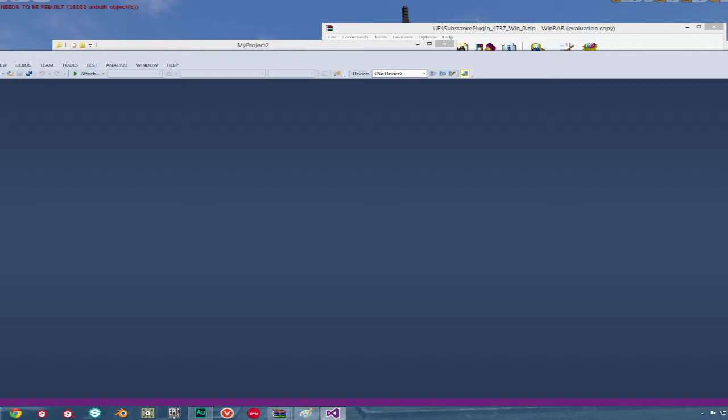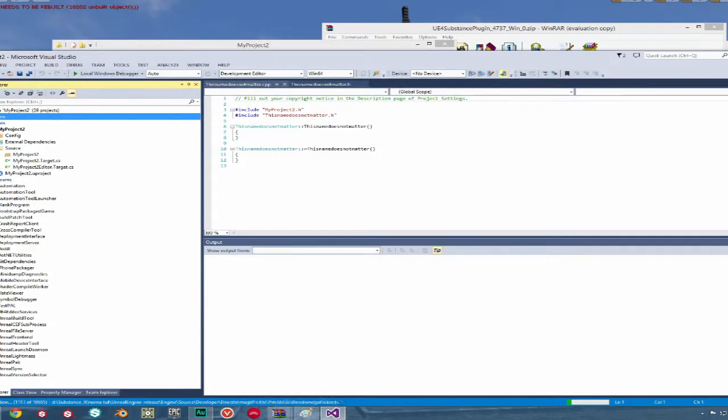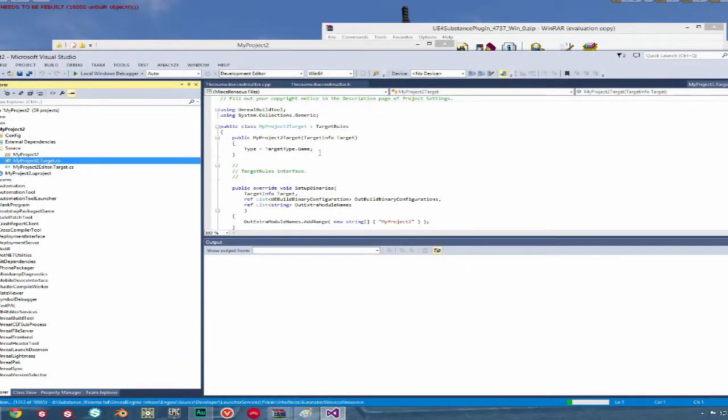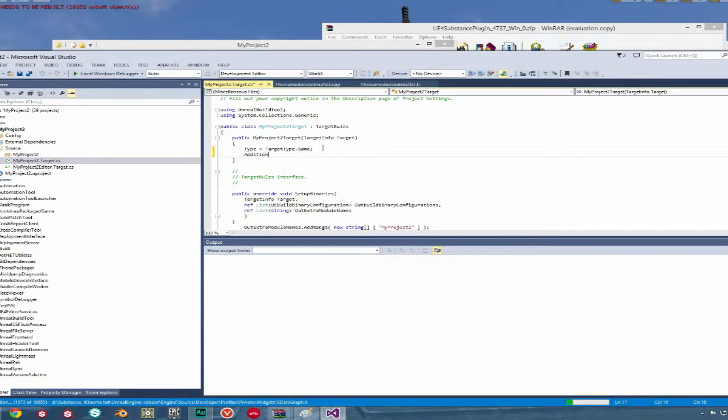So let's say you're ready to ship your project. Now let's open up the Visual Solutions file. Look through the code in our project and look for a file called yourprojectname.target.cs. You can find the target file under the source folder. Now we need to add in this line of code. Don't worry, it's in the description below, but be sure to type it out, otherwise copying and pasting it from the browser won't work. What this code is doing is it's making sure to include all of the libraries from iKinema.